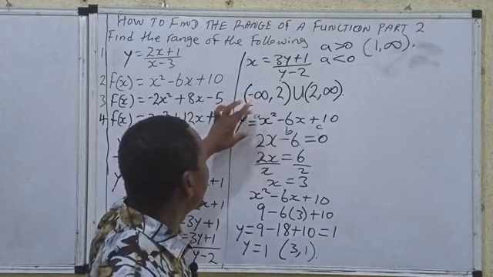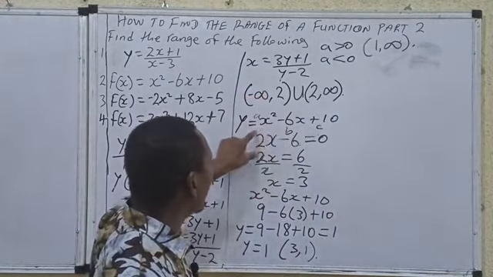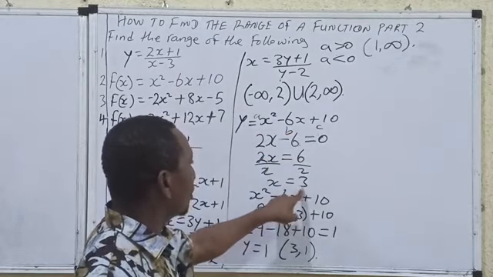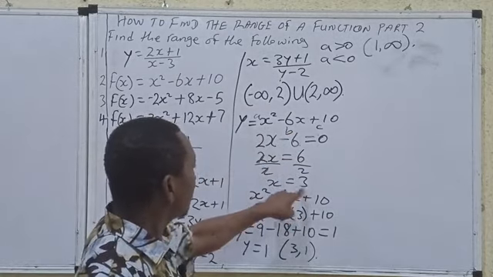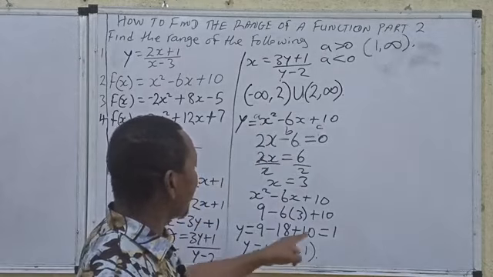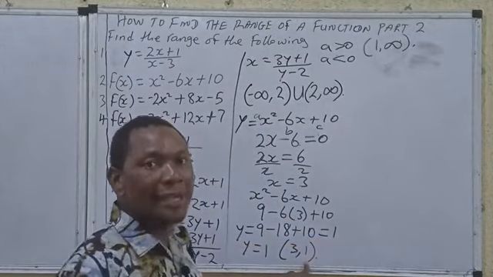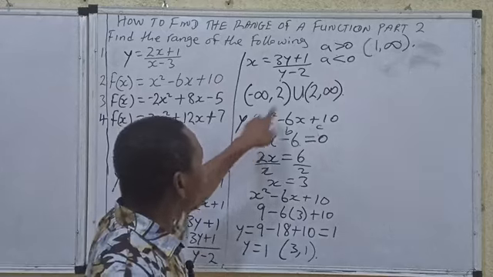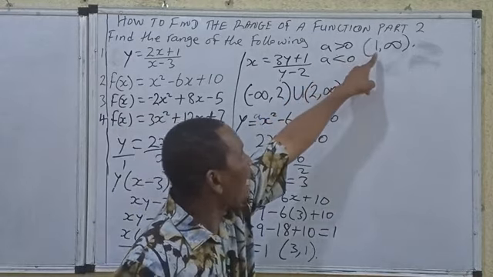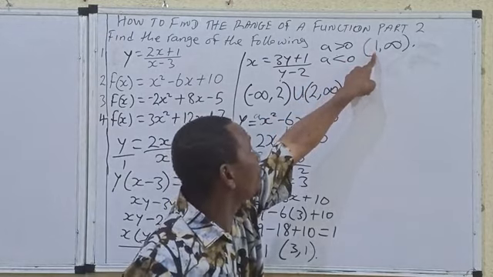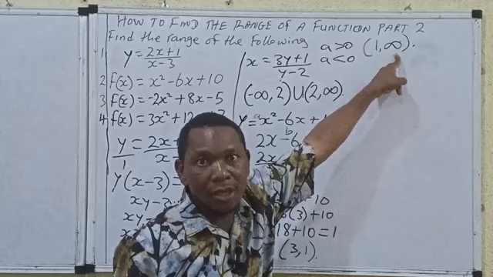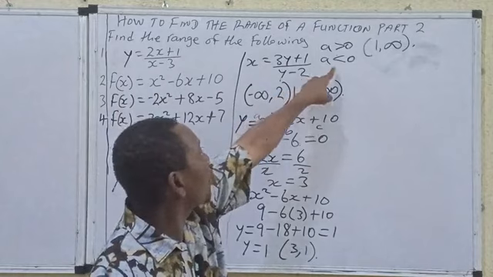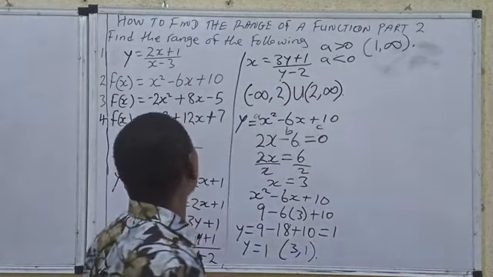Remember the rule again. Find the derivative, differentiate it. You have this. Equate it to 0 and solve for x. After solving for x, impute the value of the x into the equation, you get the value for y, the y that we are looking for. And in the quadratic equation, if A is greater than 0, the y is actually the minimum value. So it's from the minimum to infinity. But in this second question, A is actually less than 0. So you see what I'm going to do. Let's solve this